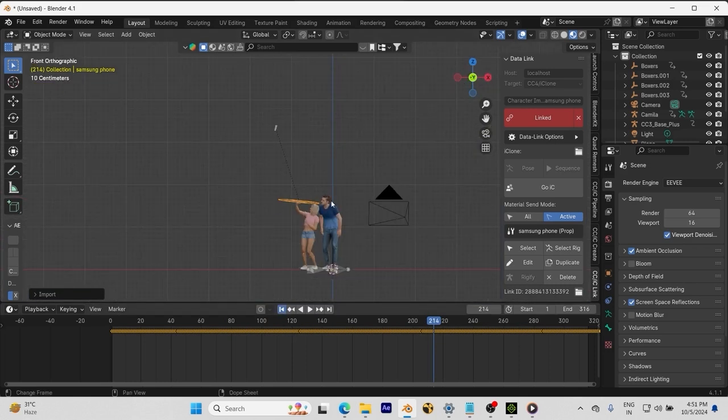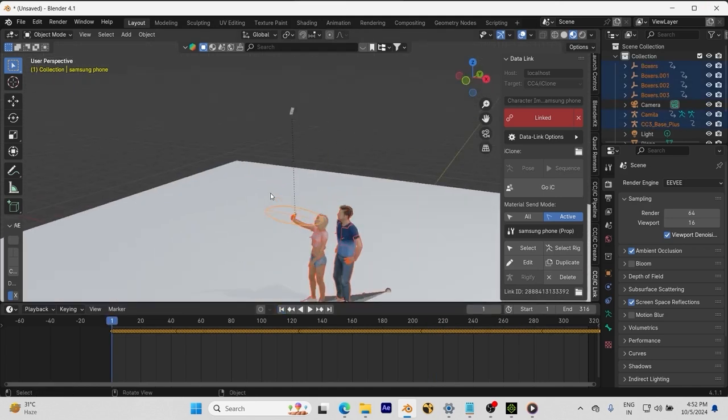So what I'm going to do is go to the first keyframe. I think it's jammed. I don't know. Let's just wait a bit. Let's just be patient. Yeah. So what I'm going to do is